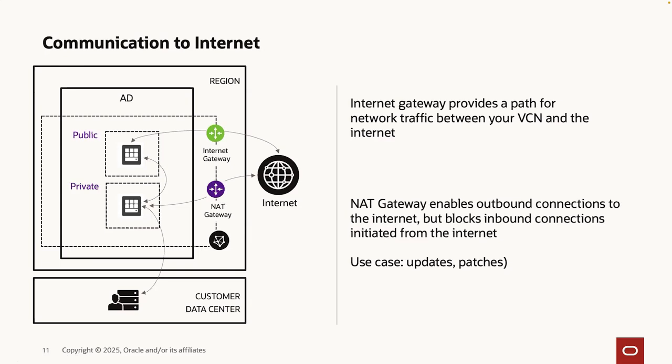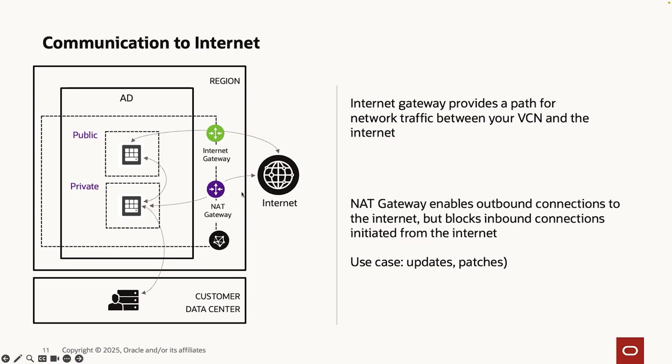You can see here in the diagram that the subnet connected to the NAT gateway is private, but the NAT gateway allows it to access the internet and get a response, but it will block the inbound connections initiated from the internet. And this is all possible because when a host in the private network